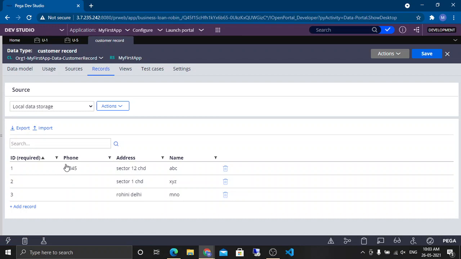You see, the phone number got updated. Maybe some rule was not saved properly or something. So I checked in everything and then we tested. So now without any change, the phone number is getting updated in the DB as well.